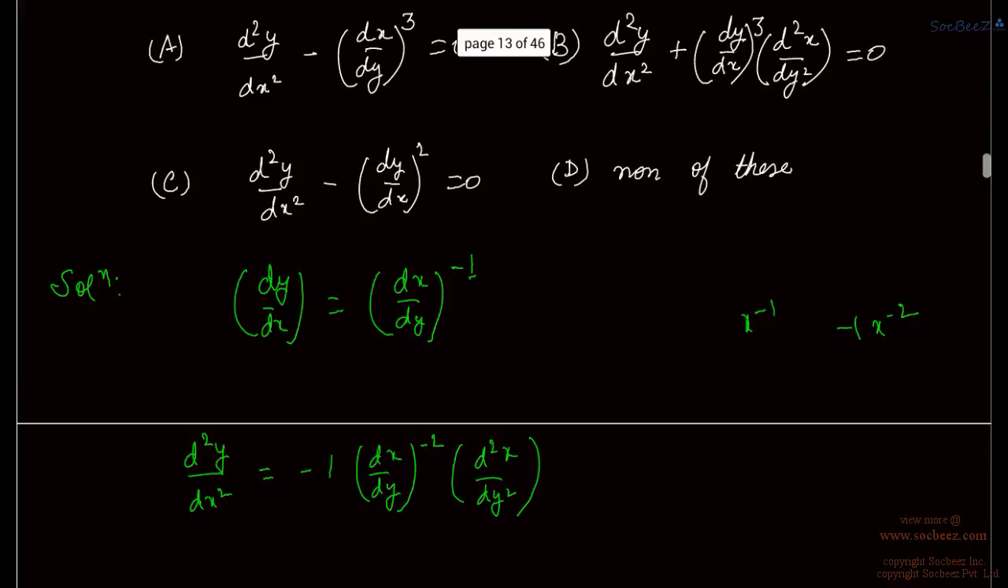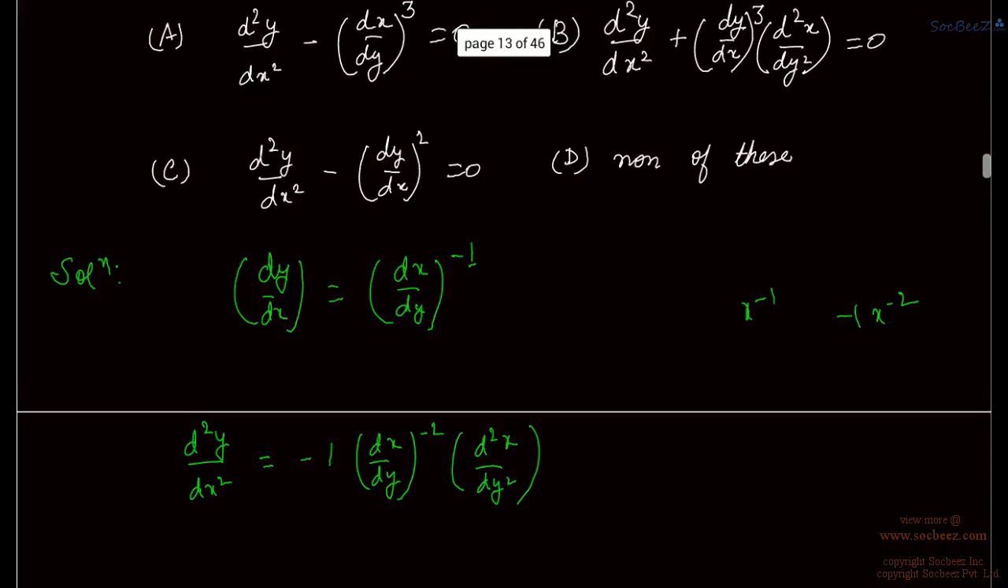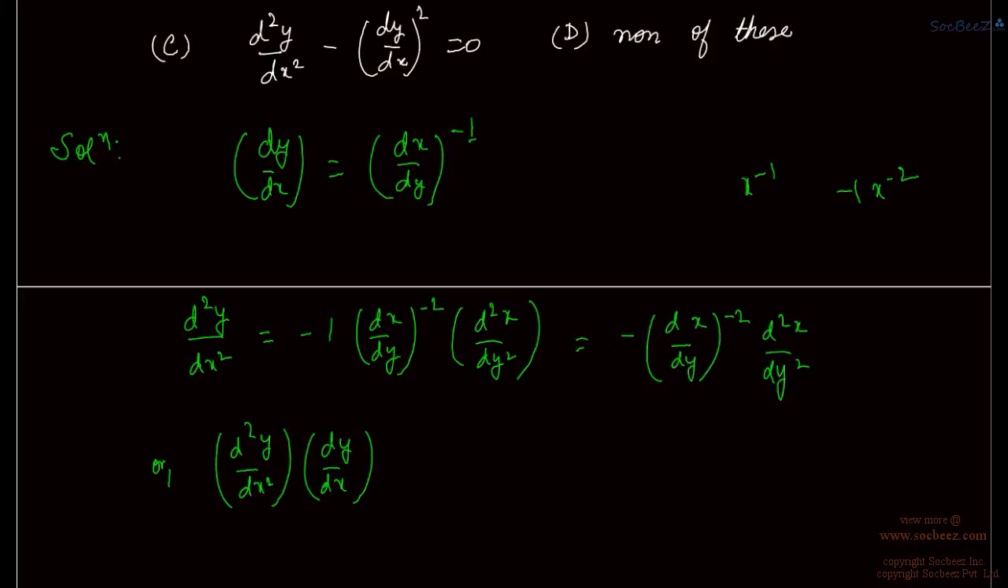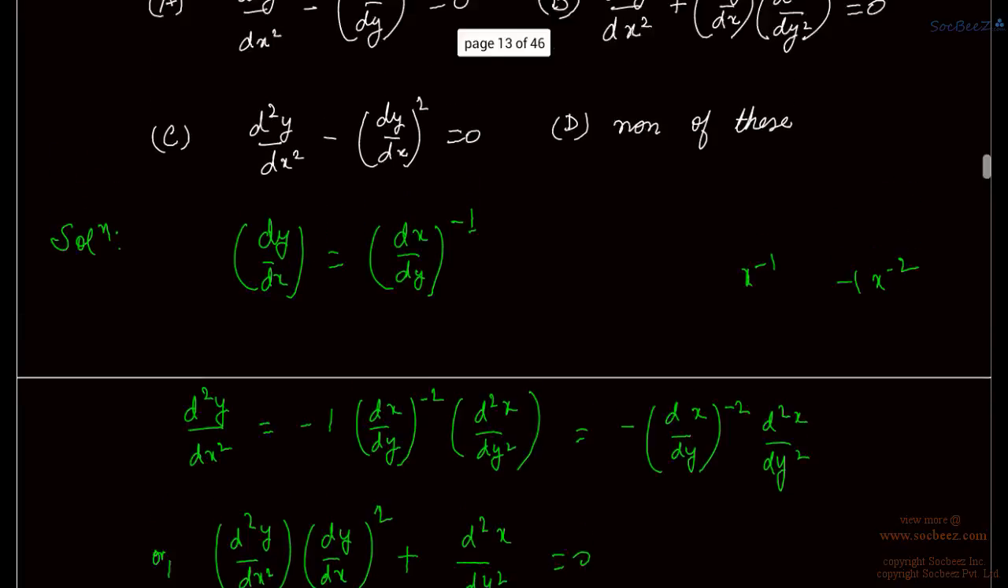From here we have, we can write this as minus dx upon dy to the power minus 2 d2x upon dy2. This can be rewritten as d2y upon dx2 times dy upon dx square, plus d2x upon dy2 is equal to 0. So from here